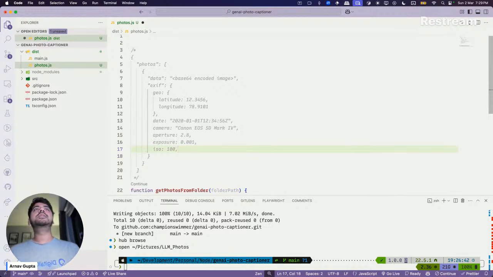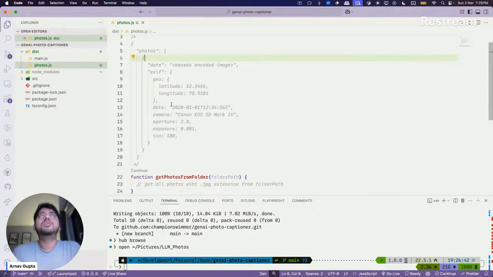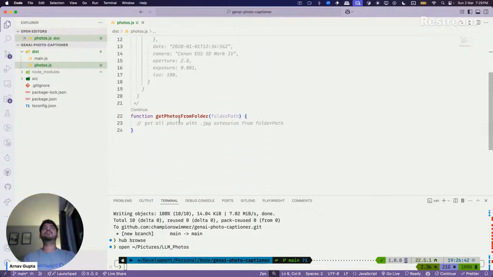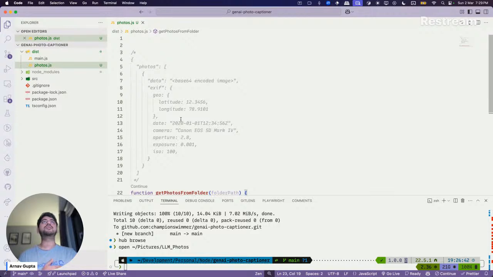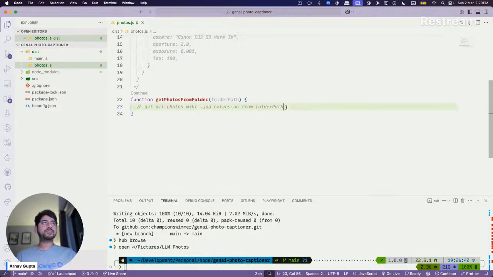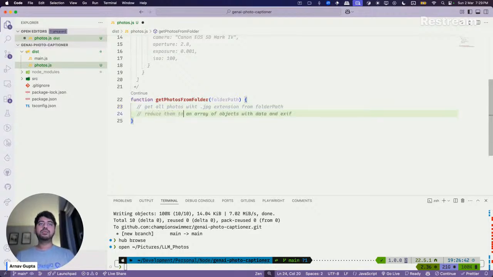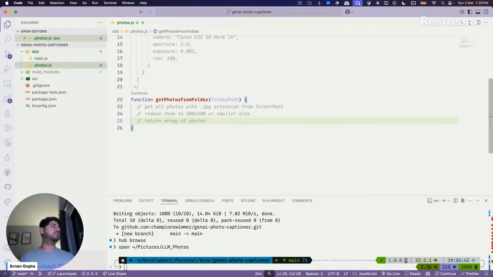So this is how I want to return the photos from the get photos from folder function. Reduce them to 500 by 500 or smaller size. That's basically what I want to do.